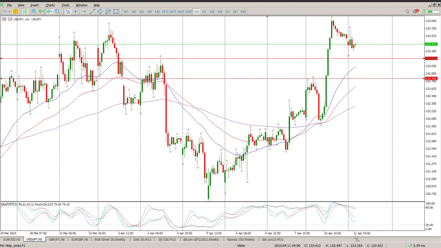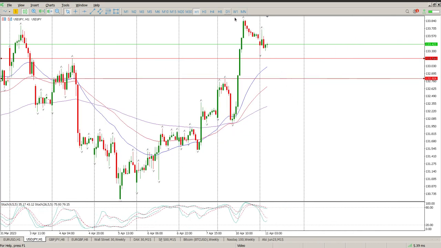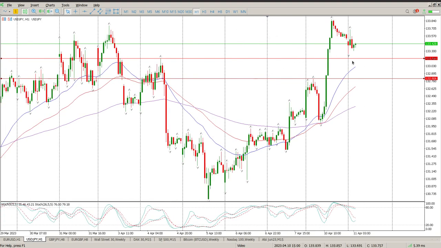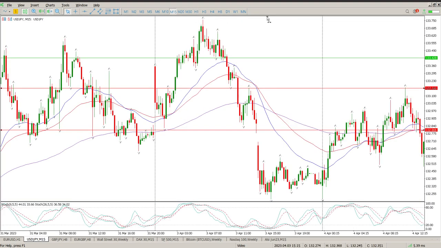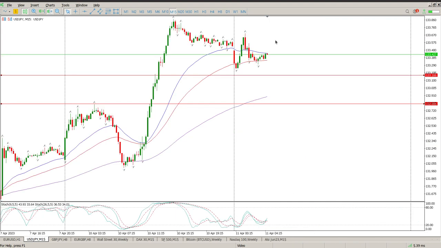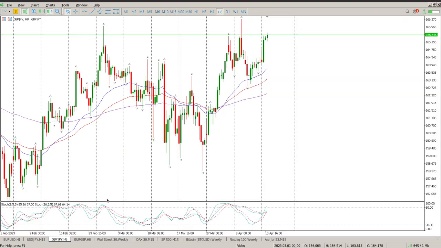So look at the oscillators. It's a bit of a flag forming after a strong move yesterday. So I'm looking at 133166 or alternatively 132806. Looking for pin bars, engulfing bars, or inside bars on one of those levels, and then we're looking for a move to the upside. Probably take that on the 15-minute, and a little bit better structure here that we are seeing on the 15-minute. Moving on to the British pound, Japanese yen,